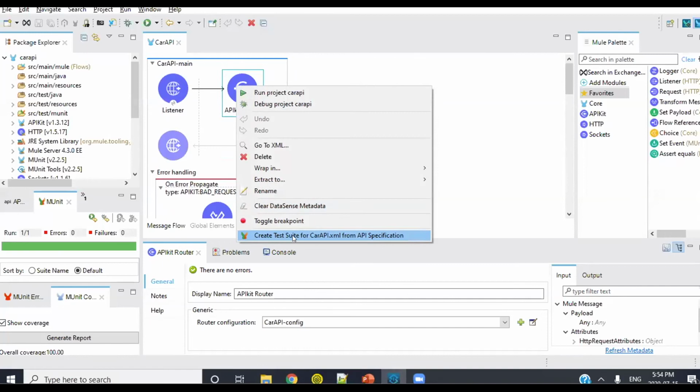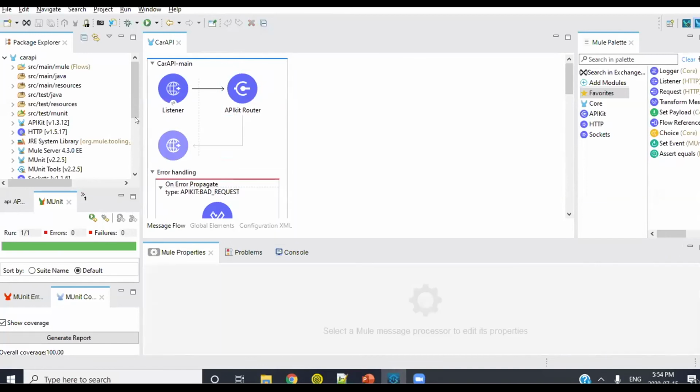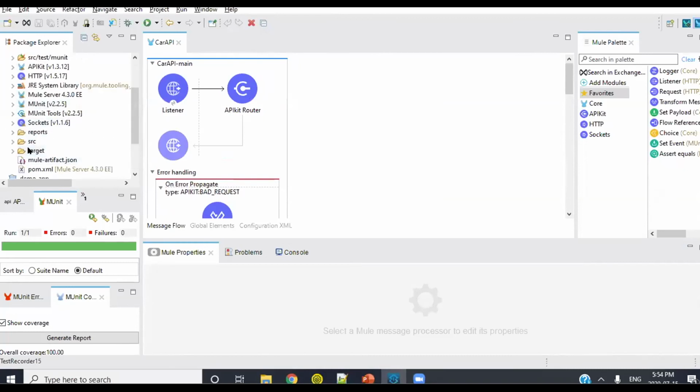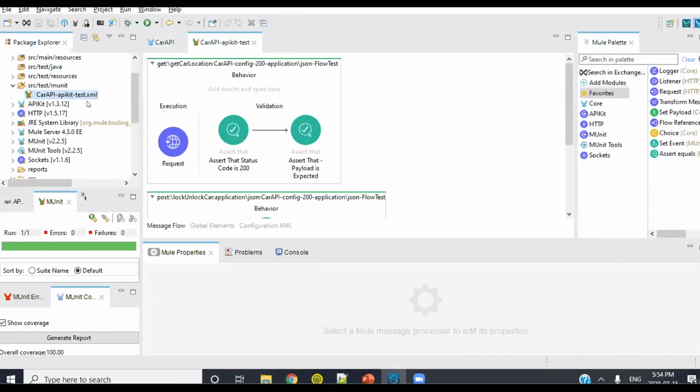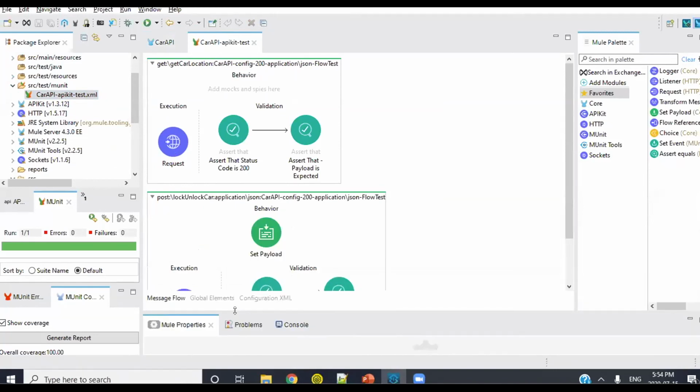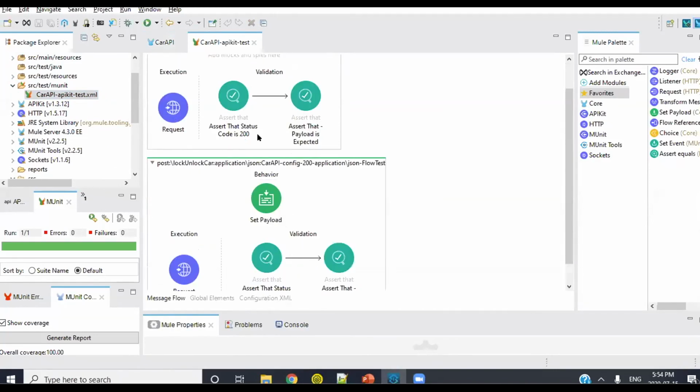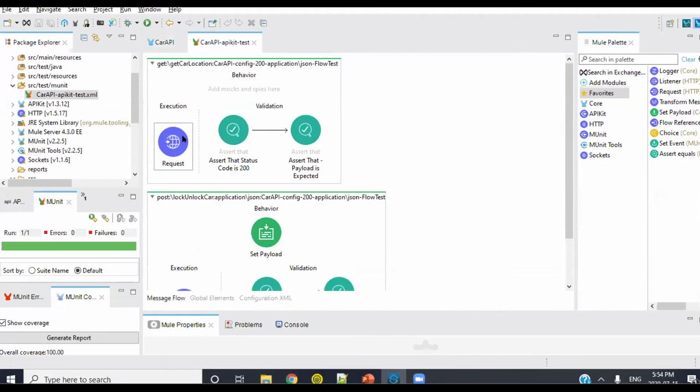I'm creating a test suite for the API from the specification. Then under the source, the API kit will be created. So these are the two test cases that will be created.